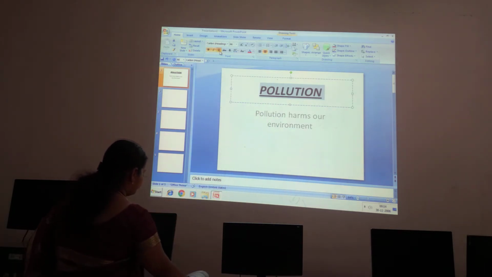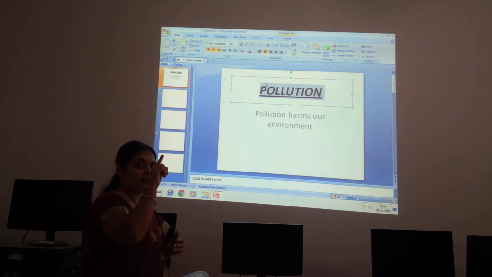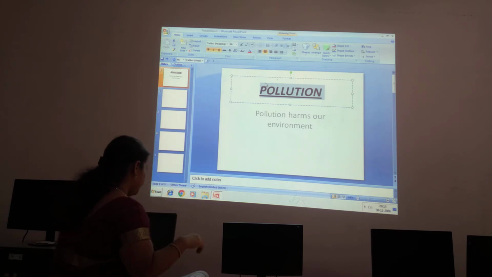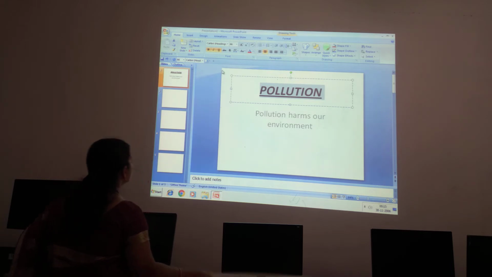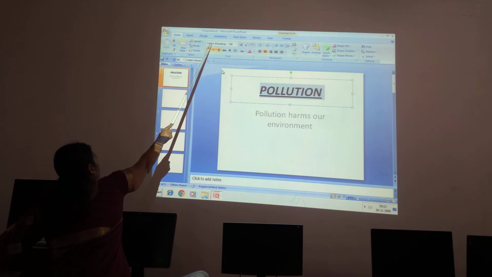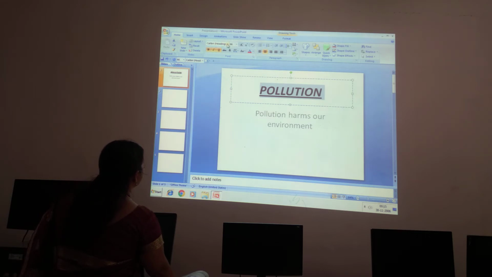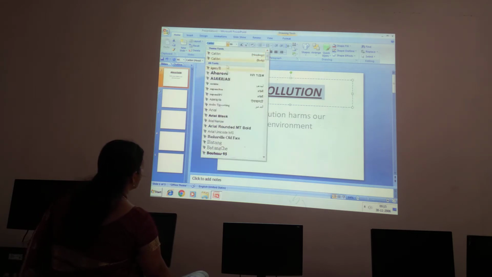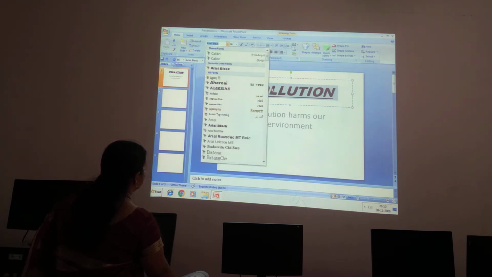We have learned how to change the font size also. You can use the shortcut key Control plus the square bracket to increase or decrease the size. The next one is changing the font style. Go to this Font group. Here you have the font styles that you can change. Click this drop down. See, so many are coming. I am keeping Arial Black, so this has changed.